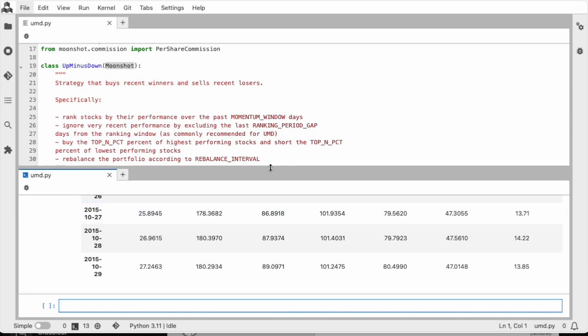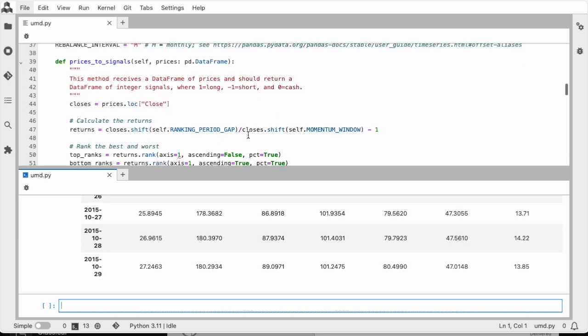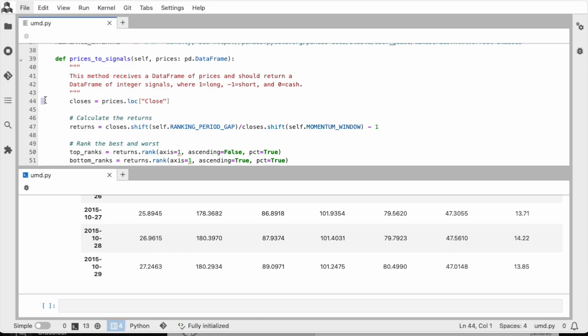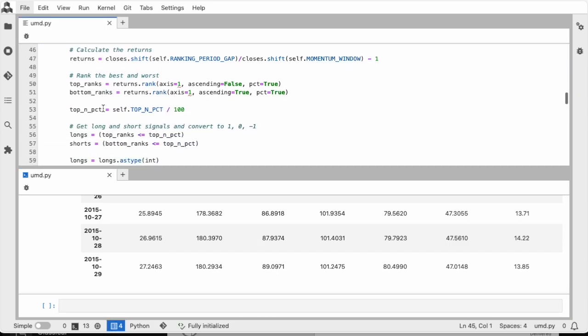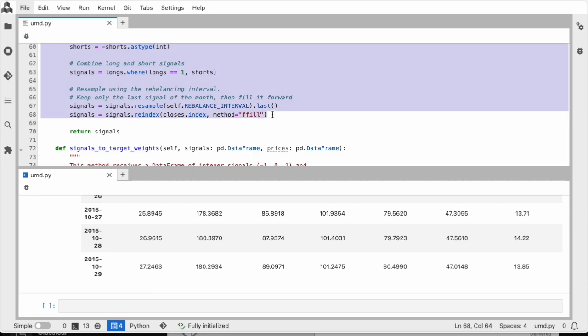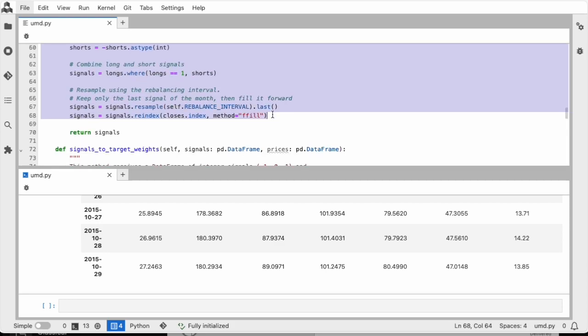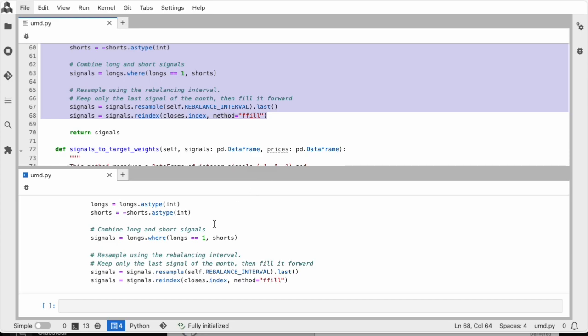Now, let's say I want to debug the prices_to_signals method of my strategy. Here's what I can do. In the editor, I'm going to select the body of this method. I am leaving out the method definition at the top, and I'm leaving out the return statement, just the body. Then I click Shift+Enter again. So again, that copied the lines into the console. And because of the way I copied them, those lines are not inside a function or class, so they actually